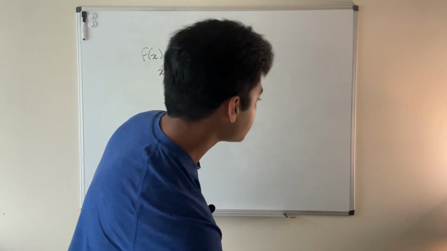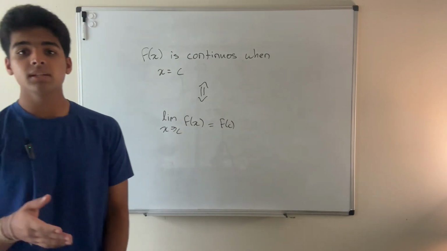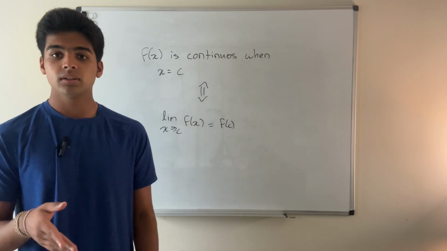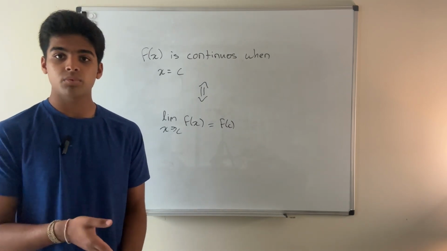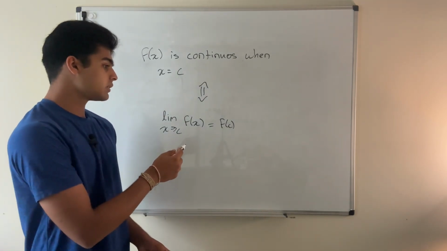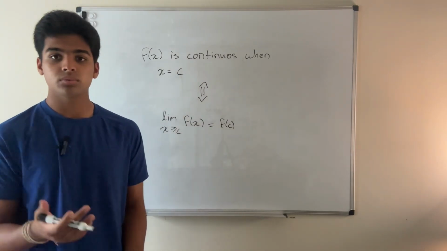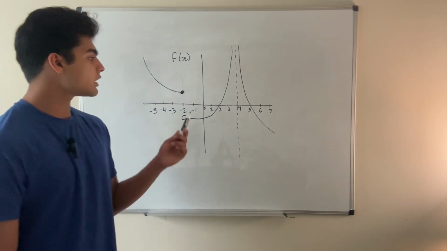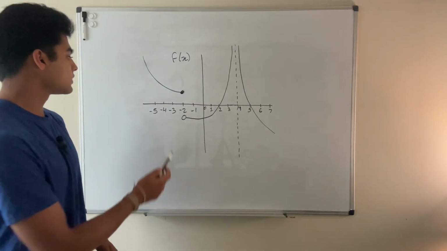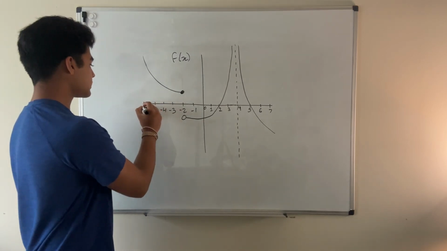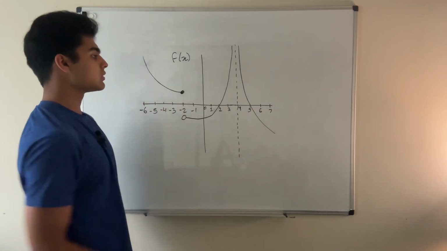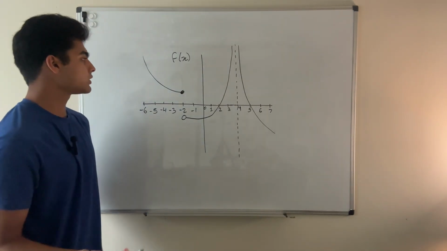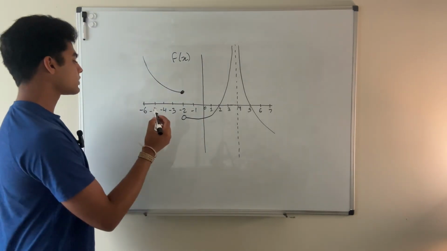So what the interval definition is saying is that basically every point within the open interval a to b has to be continuous at that point. So basically every point, when you approach every point, it has to equal its actual value. So here I have a function graphed f of x, and as you can see, it's going from around -6 up until 7, right? And suppose we wanted to know if the function was continuous. Let's do a few intervals, right? So let's start with